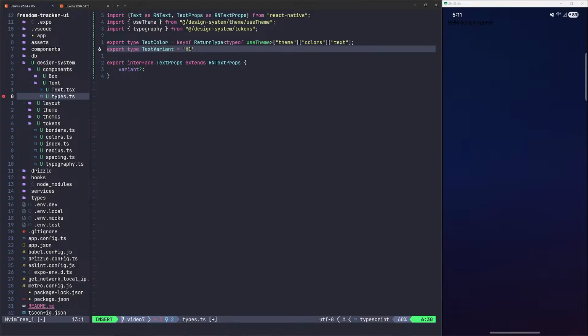It's like H1, H2, and we can probably just do lowercase h1, h2. The only problem we're going to run into is how do we parse this? We can kind of deal with that in a little bit. h5, and this is going to be kind of ugly. h6, and then we'll have a, how do we want to do this? Body, x small, maybe,